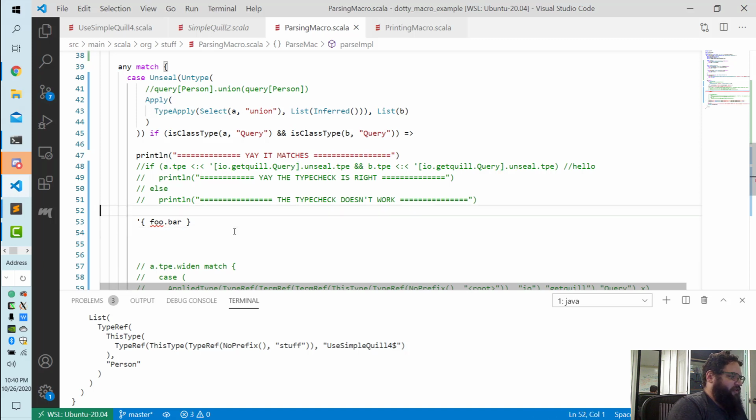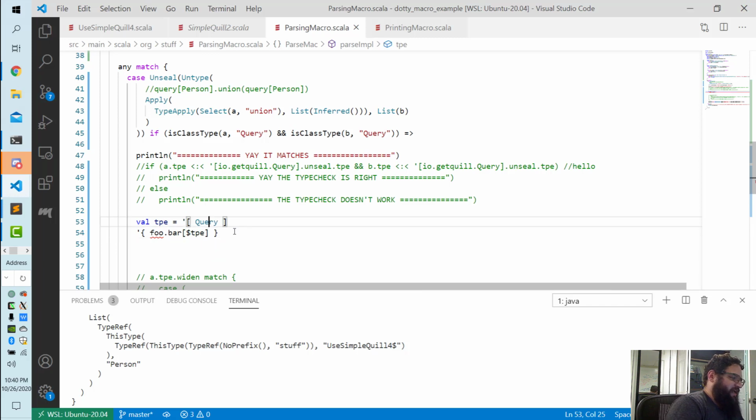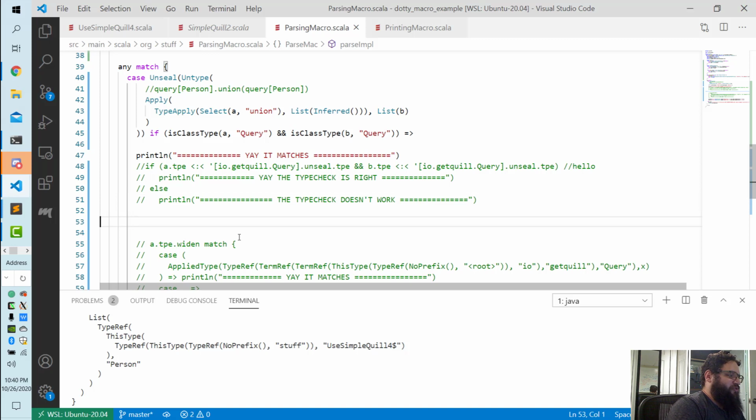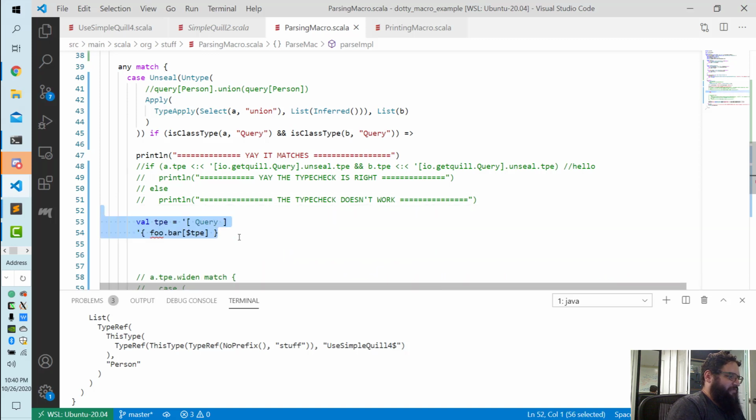Again, this is something like if you want to do val TPE, and then you want to do something like splicing this thing here. That's the bracket syntax. So it's basically like a quotation syntax for types. Okay, not so important, but the point is that this thing,